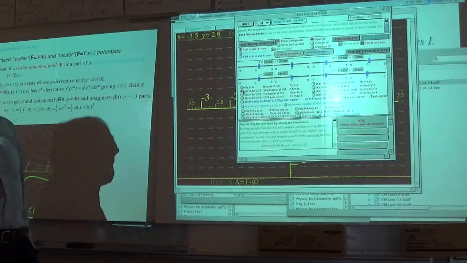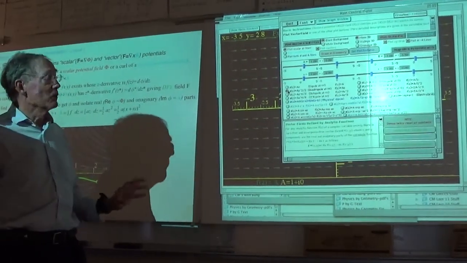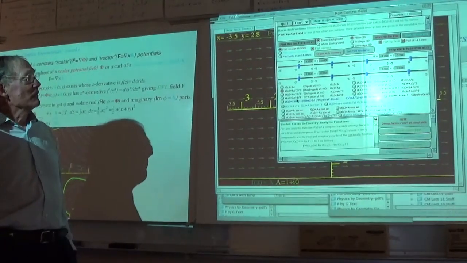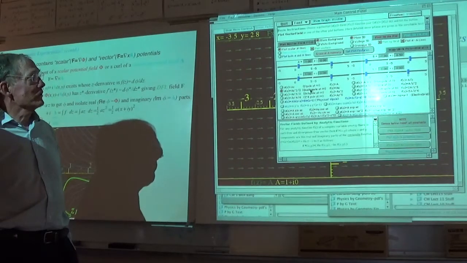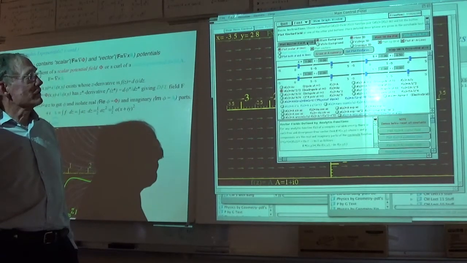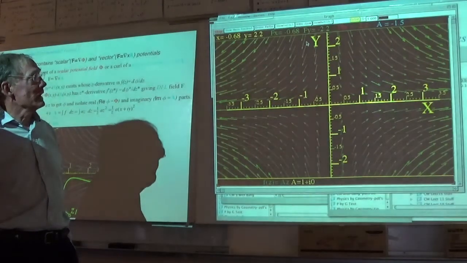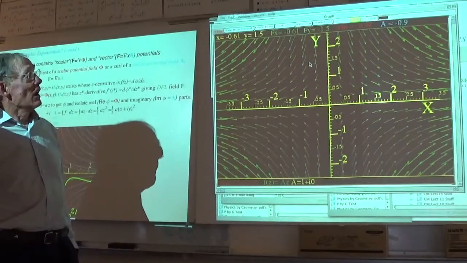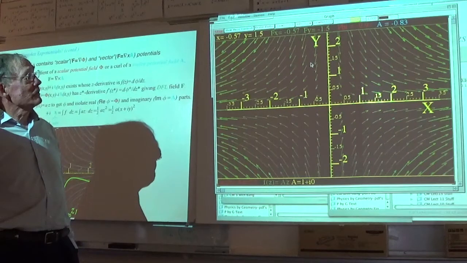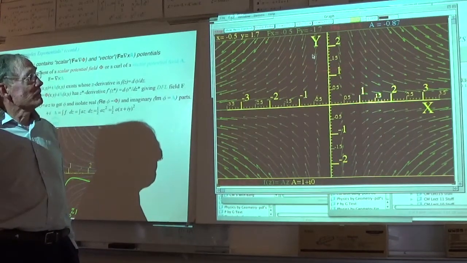Unfortunately, this is an app that is not yet a web app. It should be fairly simple, but I apologize for not keeping up with this. This is a good old Macintosh app. So let's draw the vector field. There it is, okay? And then what I'm going to do is just click somewhere and make a potential. That's really easy to do numerically.